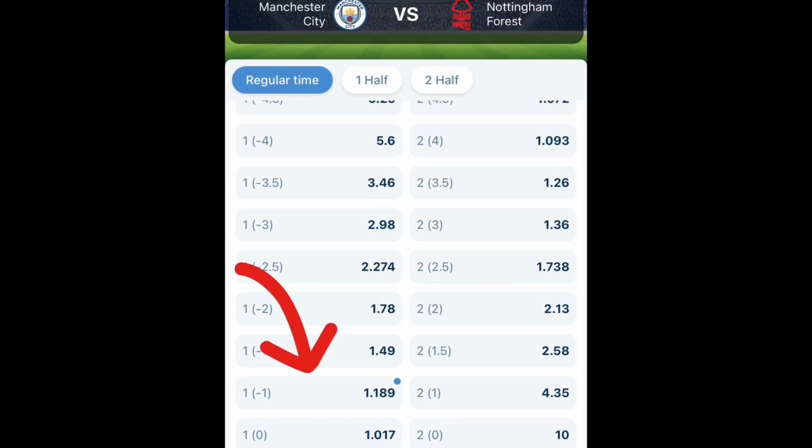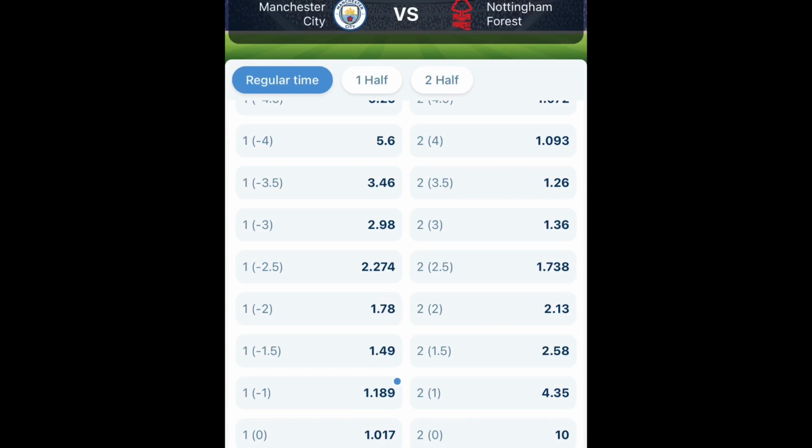This is to say that before the start of the game, Nottingham Forest is already leading Manchester City by 1-0. That's if Manchester City win Nottingham Forest 2-0, that means in the real sense of that ticket, that is not 2-0, it is 1-0, because you already minused 1 goal from Manchester City. So that's another thing for it.